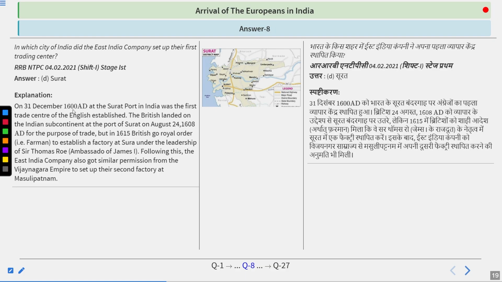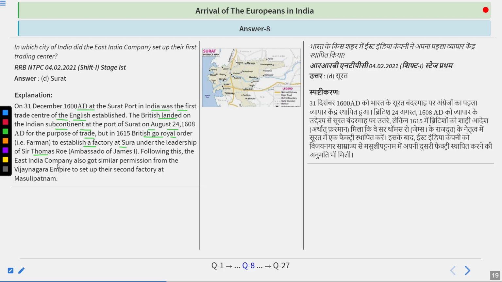So on 31st December 1600, the Surat port in India was the first trading center of the English established. The British landed on the Indian subcontinent at the port of Surat on 24th August 1608 for the purpose of trade, but in 1615 the British got a royal order to establish a factory at Surat under the leadership of Sir Thomas